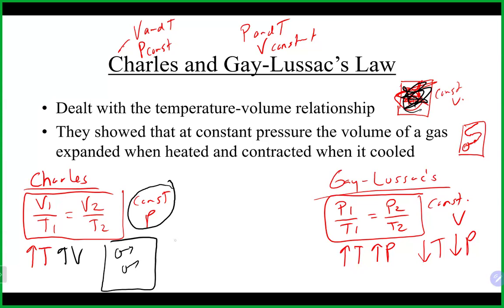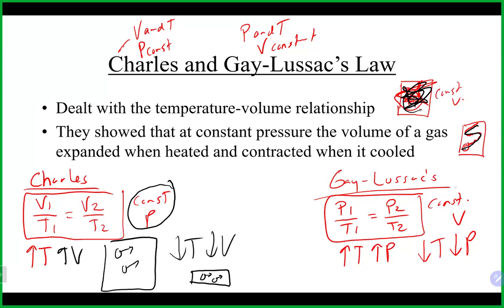And vice versa, if I were to lower the temperature like I did over here, we would have much slower moving gas molecules, which would cause our pressure to decrease. So to keep the pressure constant, when you lower that temperature, the volume actually decreases. And once again, in that smaller volume, we're going to have the same number of collisions. So with Charles' law, the way it's able to maintain constant pressure is the volume adjusts to allow the number of collisions to remain the same, and that's what keeps the pressure constant.